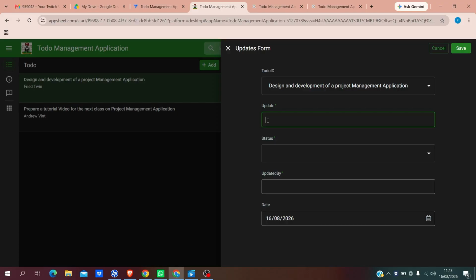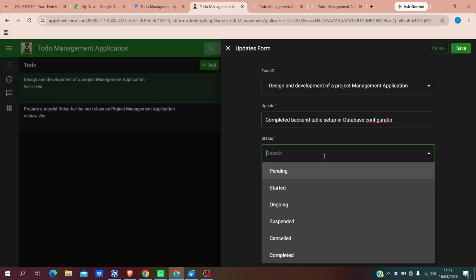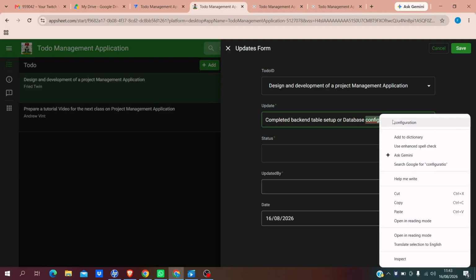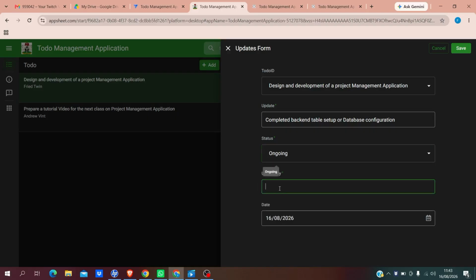As a completed... back and... so the status now for this very one is completed, or I can say ongoing. Let me just set it to ongoing. Updated by